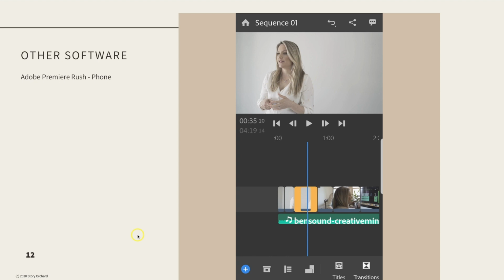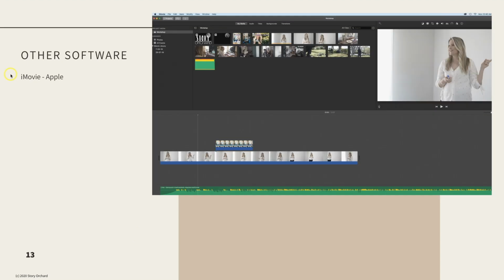Now let's look at some other software options. So here we have iMovie, which is free on Mac computers. It's a great little program, so it's got similar things to what we've been used to seeing. So we have our preview window, we have our bin/media assets here, we have our timeline up here, we have some adjustments up here. It doesn't have as many